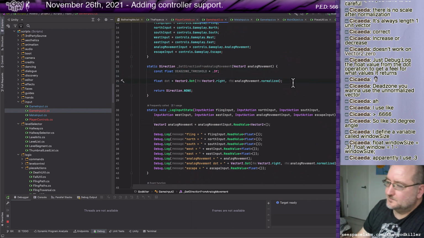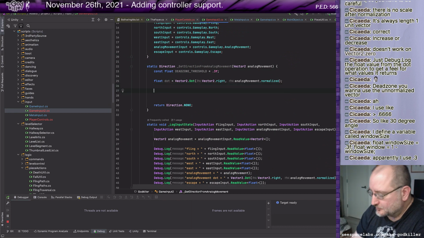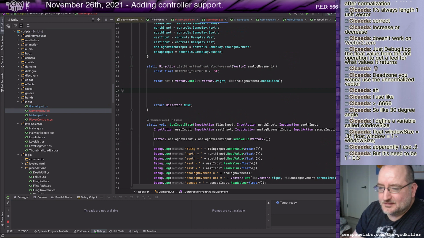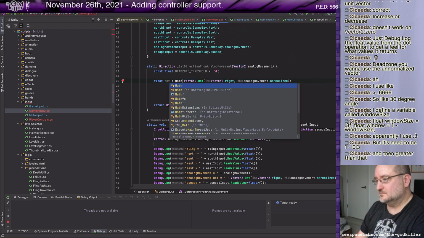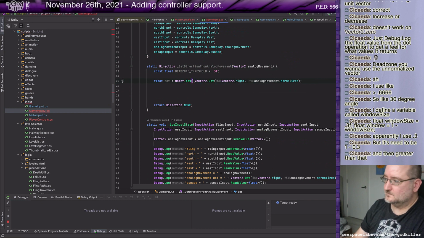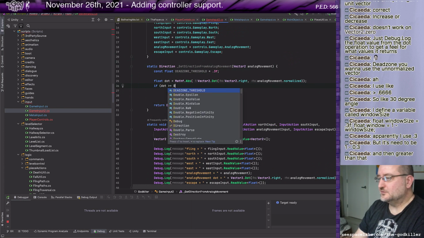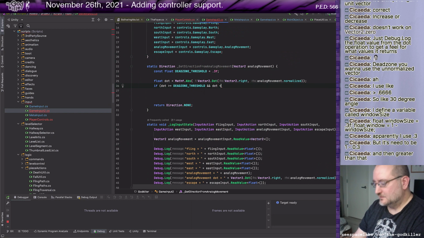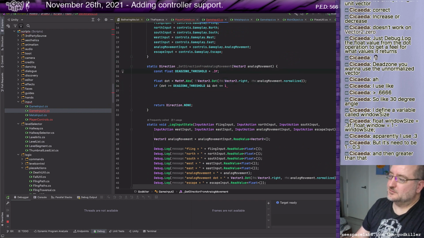Okay, let's say there's going to be a more elegant way to write this, but let me just, first off, I can do if dot greater than equal dead zone threshold and dot less than equal, might as well make this be constant.